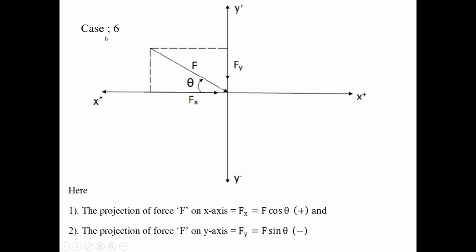Then with x-axis, in the sixth condition also, force F is making the angle theta with x-axis. You know that force F has the projection on x-axis Fx, projection on y-axis Fy. Now indicate the directions of Fx, Fy projections by using your pen. Put your pen nib in the direction of force F, bring that pen onto the x-axis. In this condition, on x-axis, your pen nib is in this direction. Check this direction. This direction is towards the positive x-axis direction.